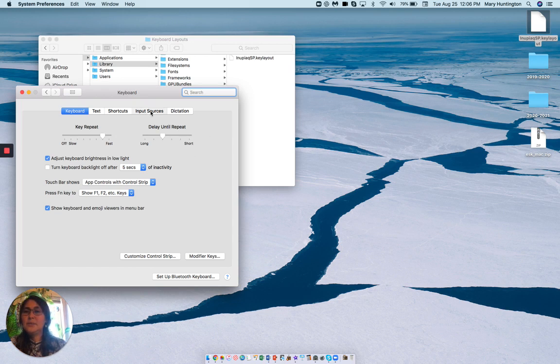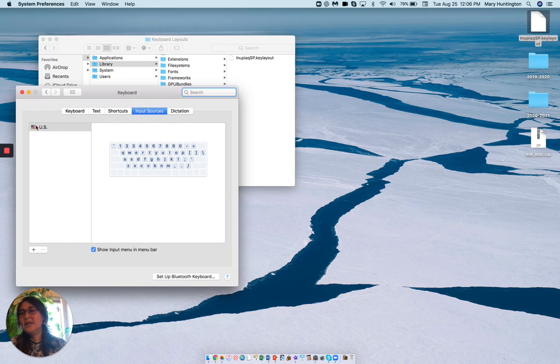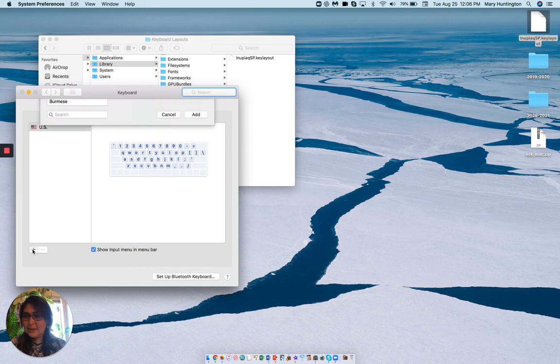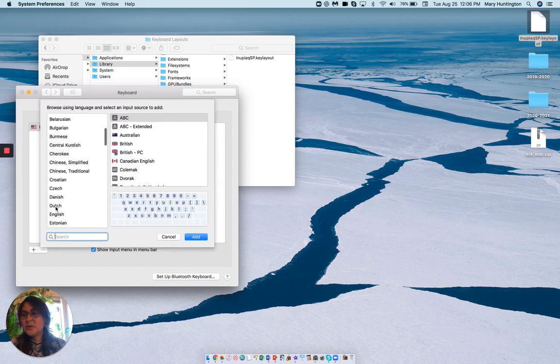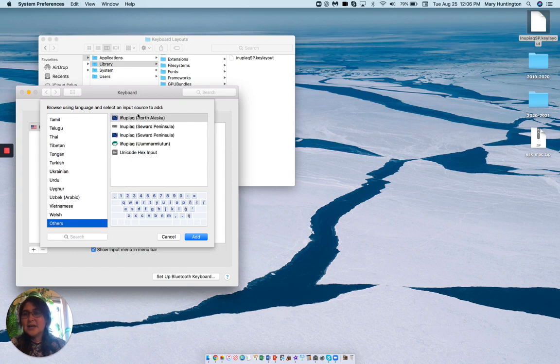We will go to Input Sources, and currently the keyboard I'm using is a US keyboard, so I'm going to add one by clicking on the plus sign here. And if I scroll down and look for my Inupiaq font, it does not show up here in these commonly listed ones. I instead have to keep scrolling all the way down to Others. Once I get to the Others, I've been working on this for a while, so I have a number of fonts. You will click on the one with the flag you're looking for,